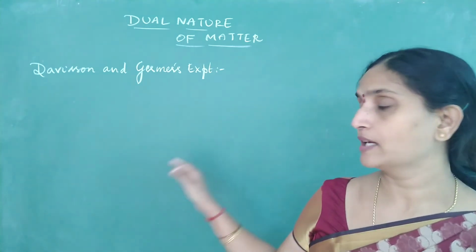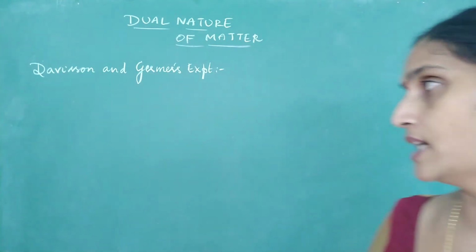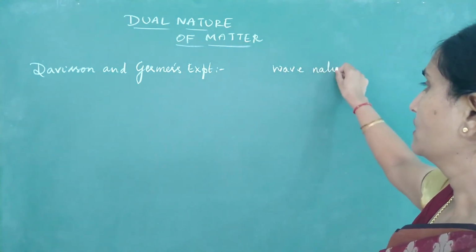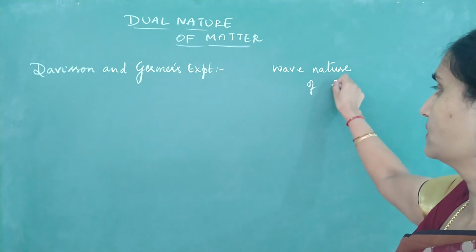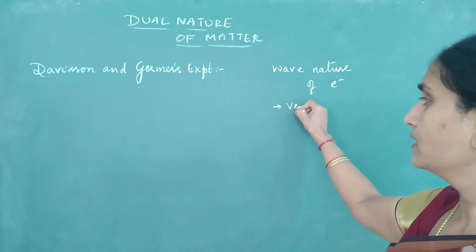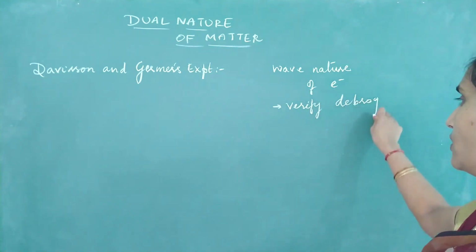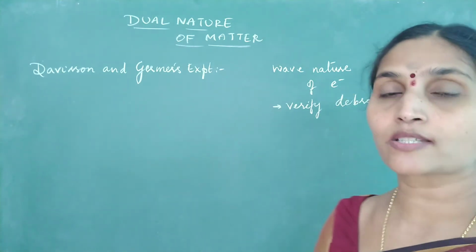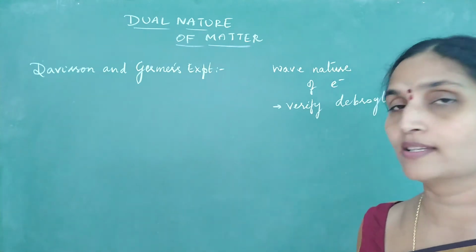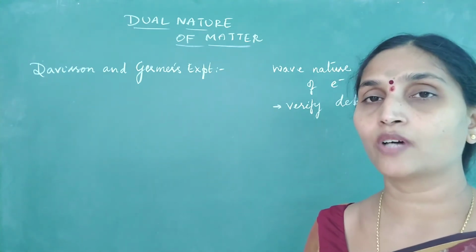This was actually done by Davisson and Germer, and using this experiment they proved that the wave nature of electrons exists. At the same time, they could even verify de Broglie's equation. They could prove that de Broglie's concept of matter waves, lambda is equal to h by mv, is correct by using this experiment. So let us look into the experimental arrangement first, and then I will tell you how they verified the